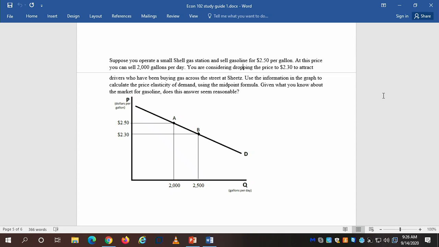So if you're looking at the picture of it, this area right here is the revenue they're making originally. This area right here is the revenue they're making now with the lower price. So you can just kind of eyeball it, if the demand curve is drawn to scale, and in this case, I will draw the demand curve to scale.